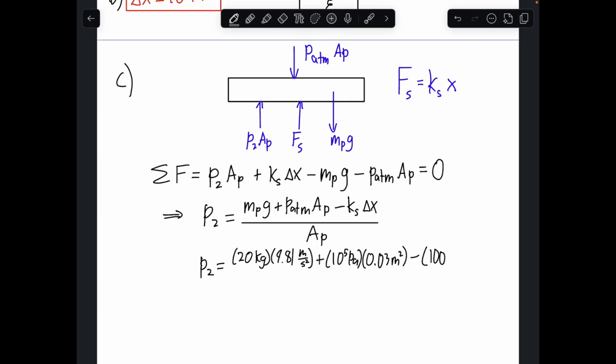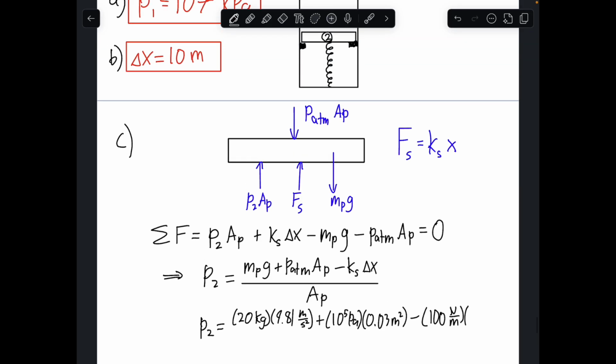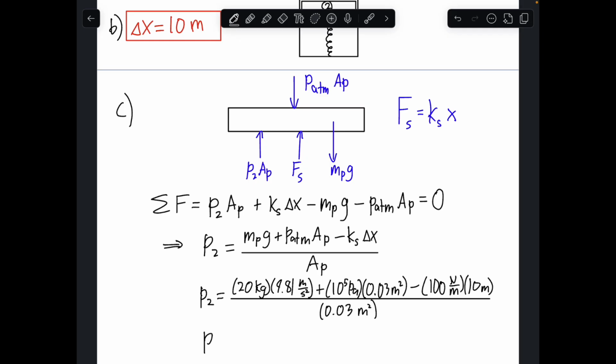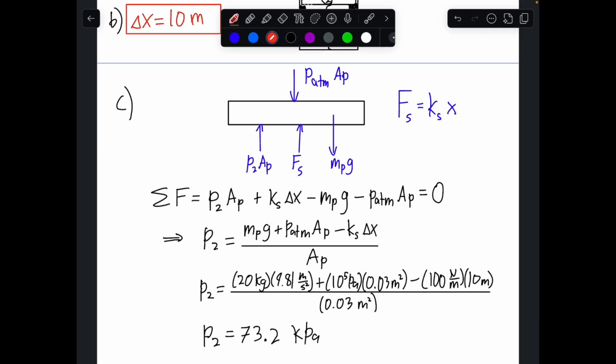So we have 100 newtons per meter times delta X, again, we found is just 10 meters. All divided by the area of the piston, which is 0.03 meters squared. And so plug that all into your calculator. You should get that P2 is equal to 73.2 kilopascals. And so this will be our final answer